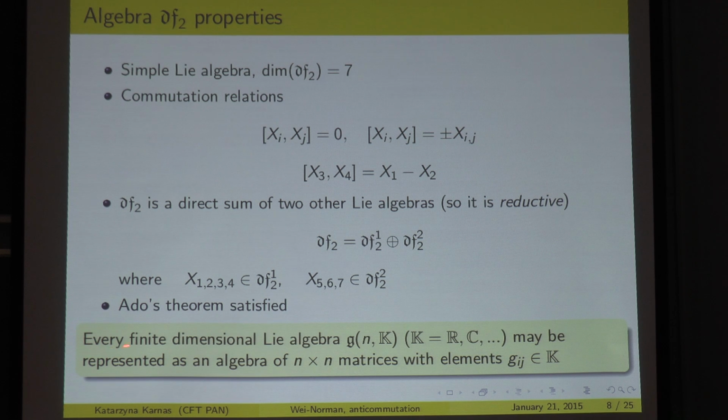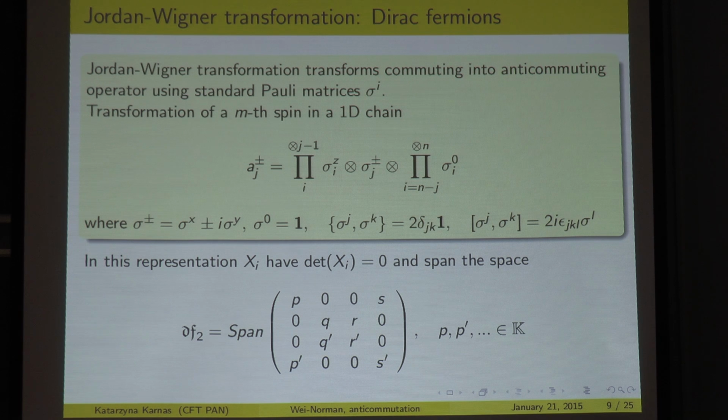That means that it is finite dimensional and over the real or complex numbers, so it can be represented as an algebra of n times n matrices, where n is the dimension, with elements belonging to the field K. The most natural way to obtain the matrix representation of this algebra is to use the Jordan-Wigner transformation. And at first, for Dirac fermions,